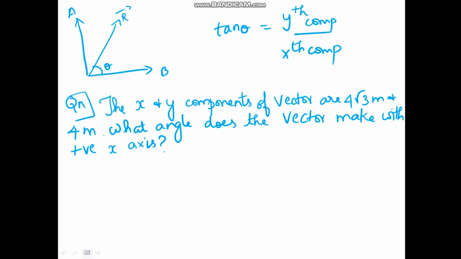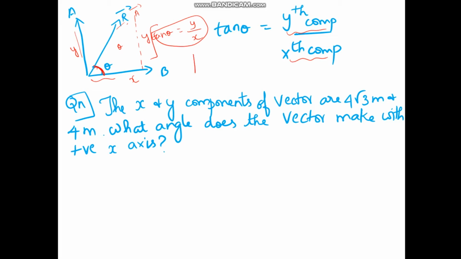Next, another thing. Suppose you assume this diagram, where this is along the x-axis and this A vector is along the y-axis. If they are asking for this angle theta, we can say tan theta is equal to, I assume a parallel vector to A vector, opposite by adjacent, so it is nothing but y by x. This is what I have written as the y component by the x component.